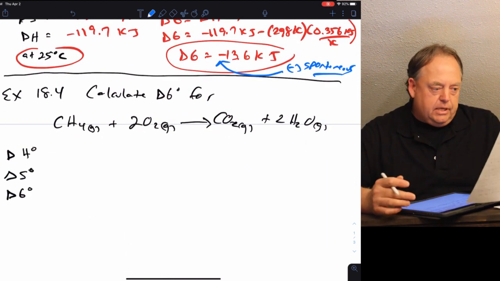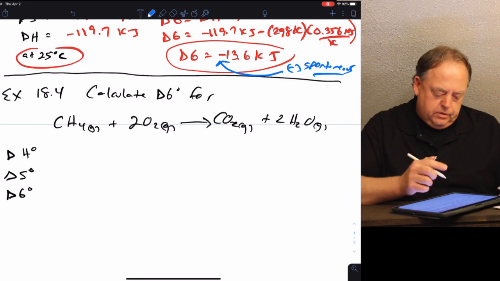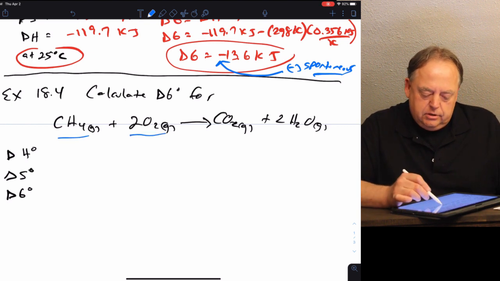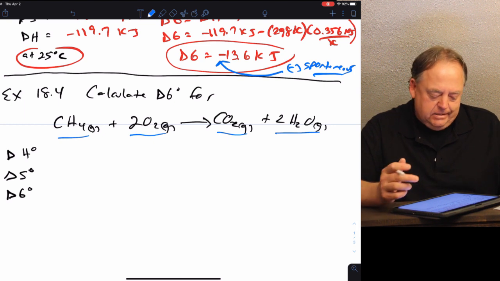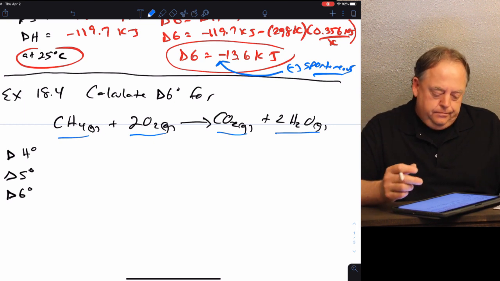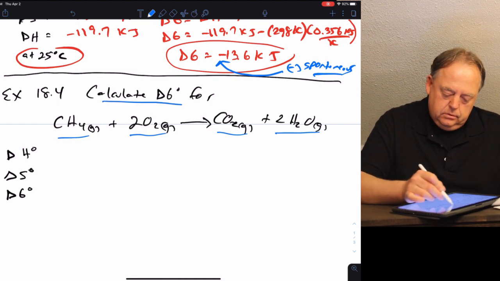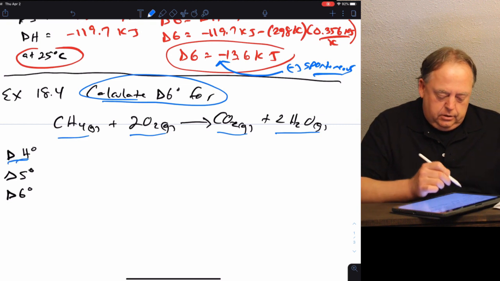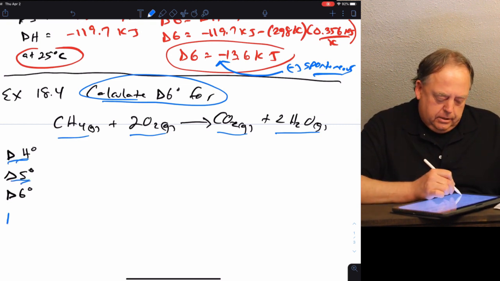Okay, so let's take another example. This is example 18.4 from your textbook. If you take CH4 gas and 2 oxygen molecules to make CO2 gas and 2 water molecules in the gaseous state, let's calculate what is delta G for this reaction. We need to look up delta H values and delta S values, so we need to use appendix